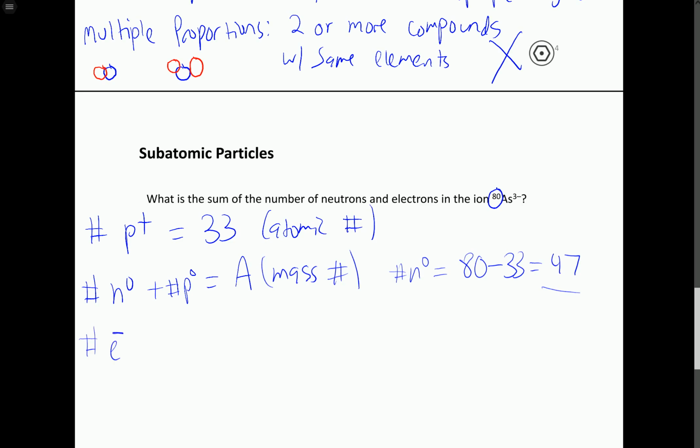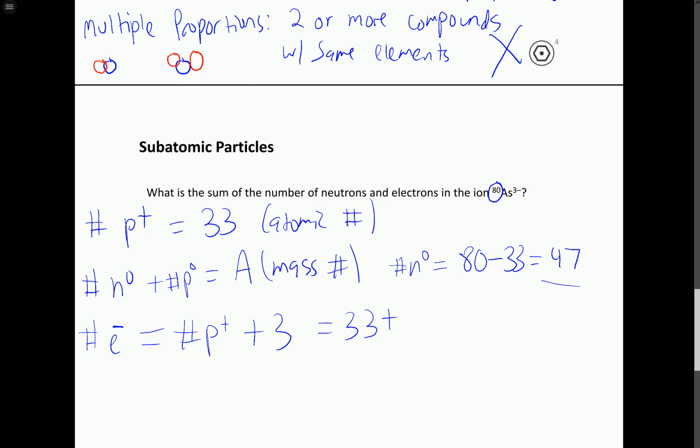Now the number of electrons in a neutral atom is the number of protons, but we have 3 negative charges, so we have to add 3 to that. Okay, so arsenic 3- has 33 protons to balance out the positive charge in the nucleus. And there's 33 protons, which are balanced out by 33 electrons, but then we have an additional 3 electrons that give it the -3 charge overall. So we have 36